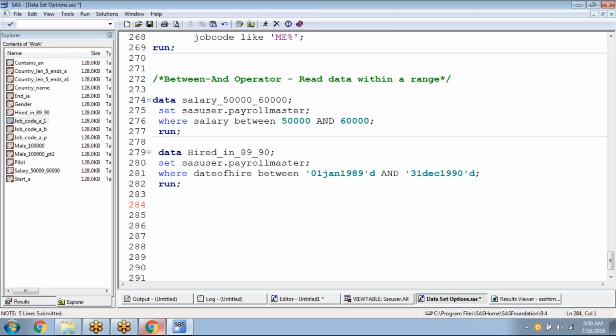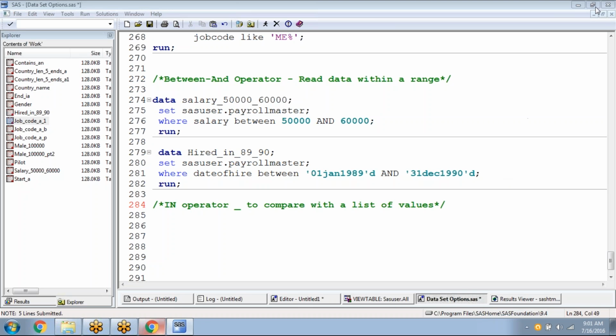Okay, so you have something called the in operator. This is also a very important operator. Let's say you want to compare with a list of values. If you want to compare with a list of values, then we use the in operator. Let's say, for example, I want